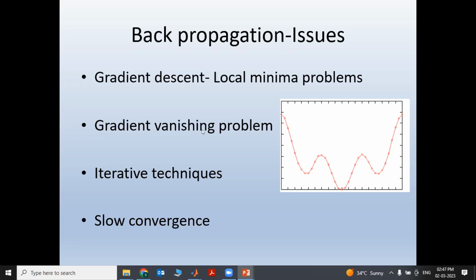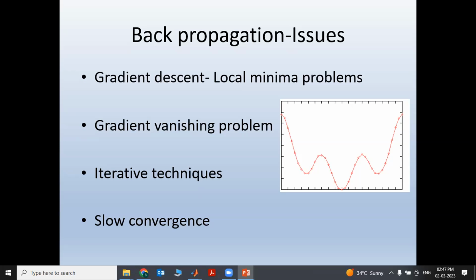Another problem is called the gradient vanishing problem. This is one of the main issues, especially for a deep neural network. The back propagation algorithm, as you already know, means propagating the output error back to each layer so that the weights can be updated based on the error of the output layer. While we propagate the error back continuously, especially in a deep neural network, assuming there are 100 hidden neurons, every time the error is propagated and the update comes back to back. So in certain cases, somewhere the error becomes zero. What happened?